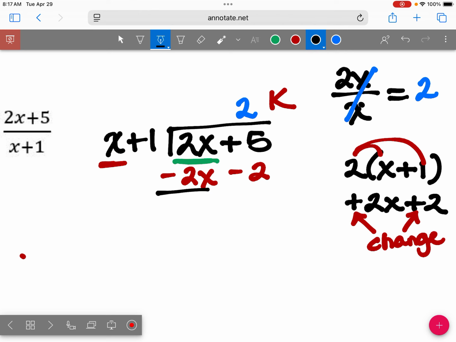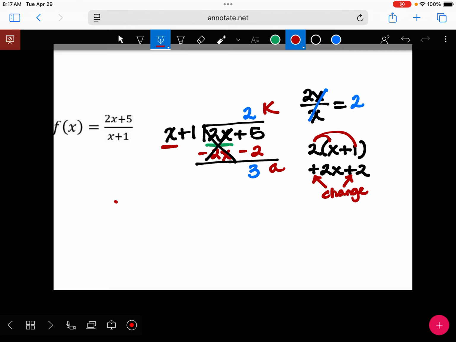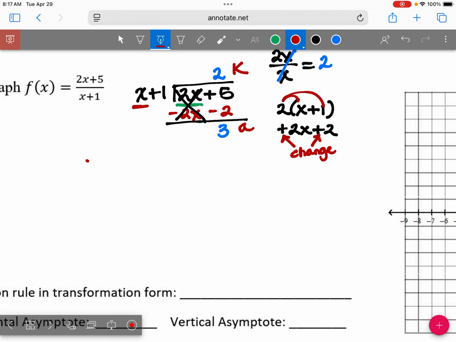So now when I add them together, this cancels out. And I'm only left with 5 minus 2. And what is 5 minus 2? 3. And that would be my A. So now we're ready to put it together. So my equation in transformation form